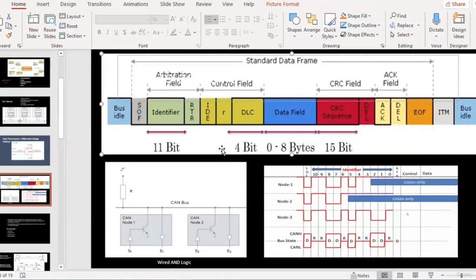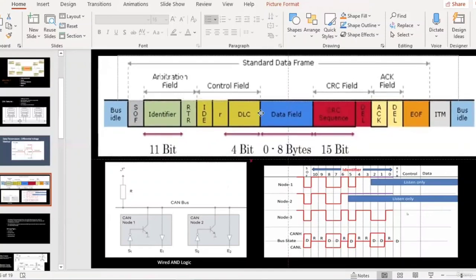So it uses wired AND logic to resolve the conflict between the nodes and decide the voltage level of the bus when more than one node is sending data of different polarity on the bus.